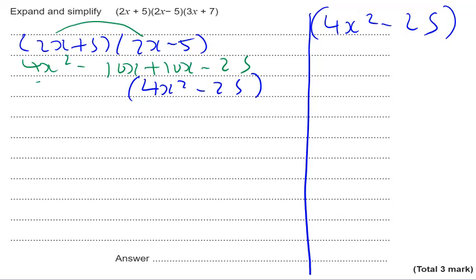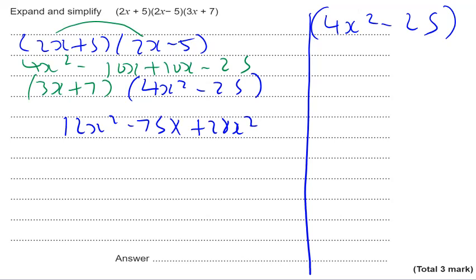So we just need to put that into a bracket, and of course we need to multiply that by 3x plus 7. So again, just showing every step, the answer is 3x times 4x is going to be 12x cubed. 3x times by 25 is negative 75x, and 7 times 4 is 28, so it's going to be a positive 28x squared,